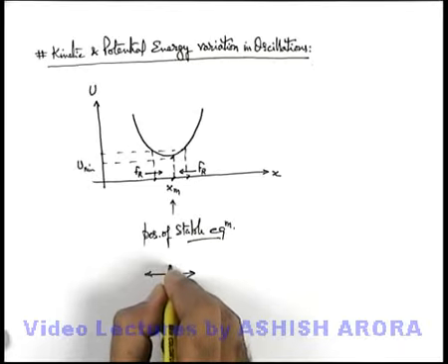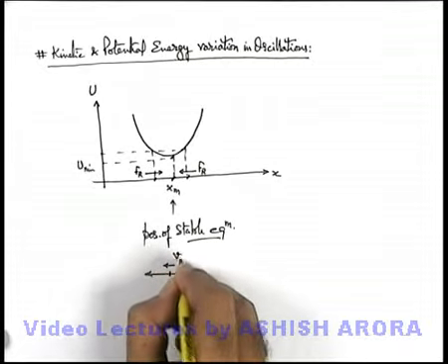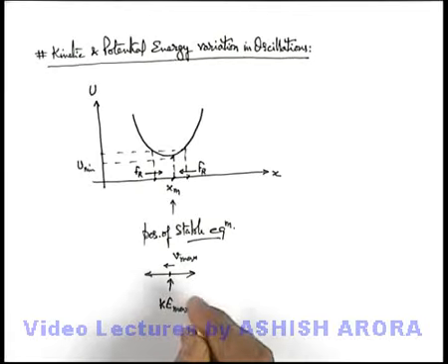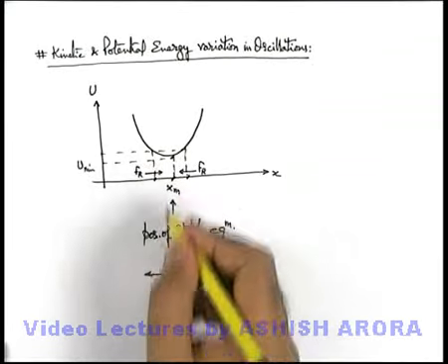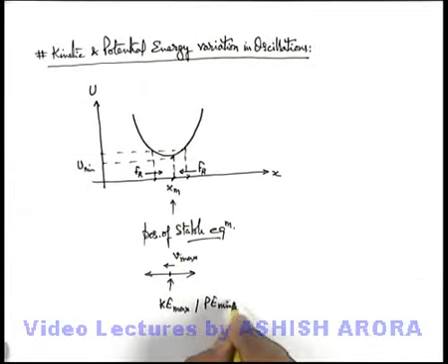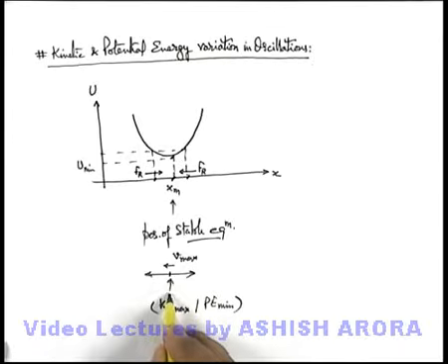So we can state mean position is the point where we can say the speed of the particle is maximum, or this is the point where we can say its kinetic energy is maximum. And as per the analysis we have seen, at mean position its potential energy will be minimum because this is the point of stable equilibrium.